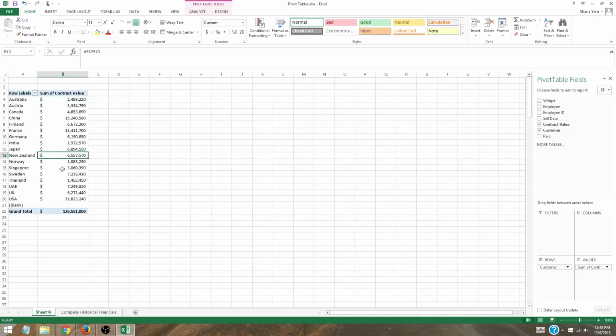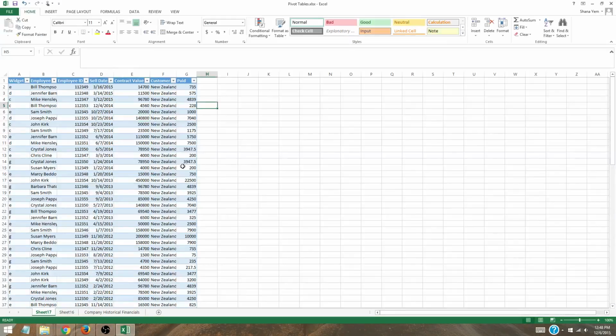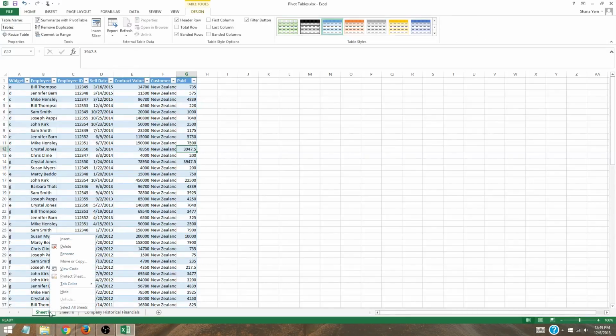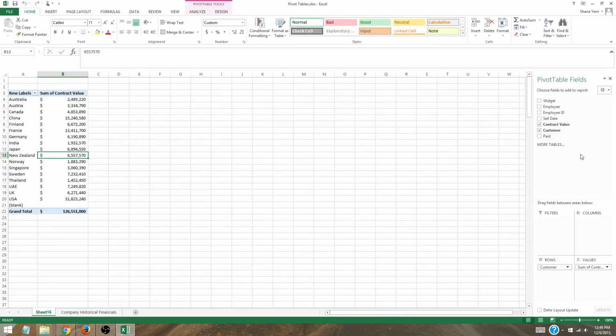So the last thing you can also do to drill into pivot tables is, say, I have 6.5 million in New Zealand contracts. I want to know all the detail behind this $6 million in contracts. We can actually drill into pivot tables by double clicking, and it's going to pull in from the original data sheet the information specific to New Zealand, and it's going to have the widgets, the employees, the data, the contracts, contract value, commissions paid, etc. So pivot tables are really dynamic. You can do a lot of things with them, and it's basically down to your own creativity,